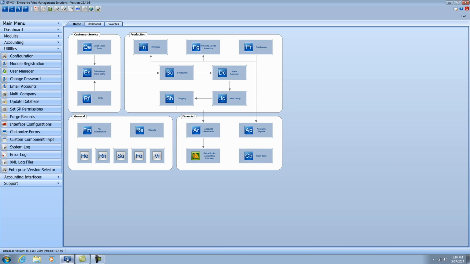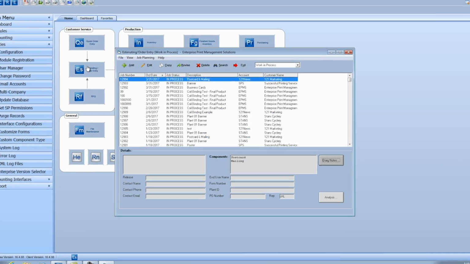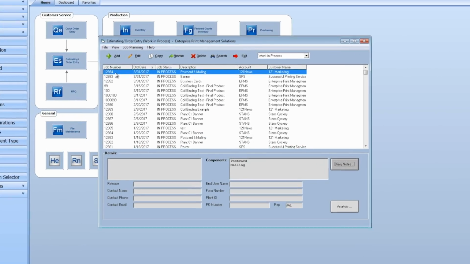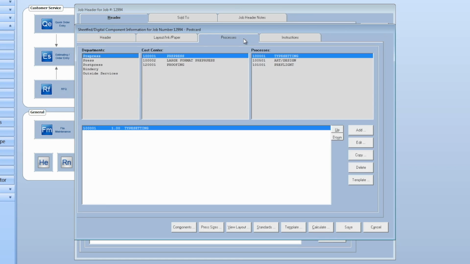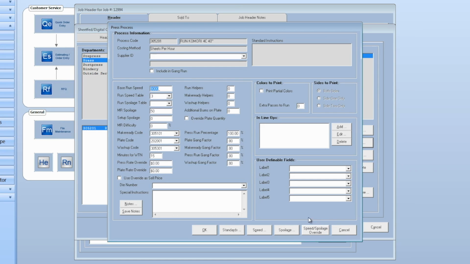So I'm going to go into estimating order entry. And let's open up this first order. And I'll go into the first component. And we'll go over to the processes tab. And I'll go down to the press. So I have my Komori press here. I'm going to edit the press. And in the press here, the button's at the bottom where it says Speed Spoilage Override. If you click on this button,